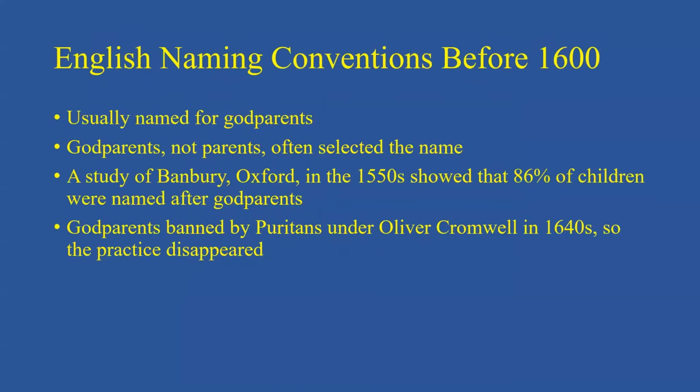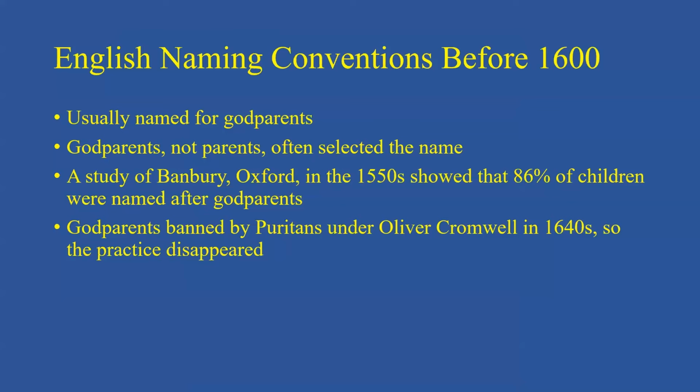Let's begin our study by looking at naming patterns in the British Isles. England has some of the oldest records in Europe, and there are records of baptisms from churches dating back to the early part of the 16th century. Historians have undertaken formal academic studies in an attempt to discern naming patterns from these records. Scott Smith Bannister, in his book Names and Naming Patterns in England, 1538 to 1700, states that the evidence from the earliest of these registers before 1600 shows that children were often given the names of godparents who witnessed a